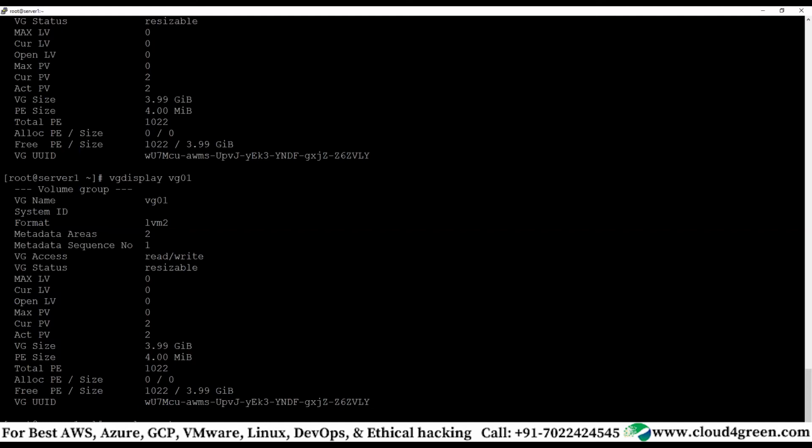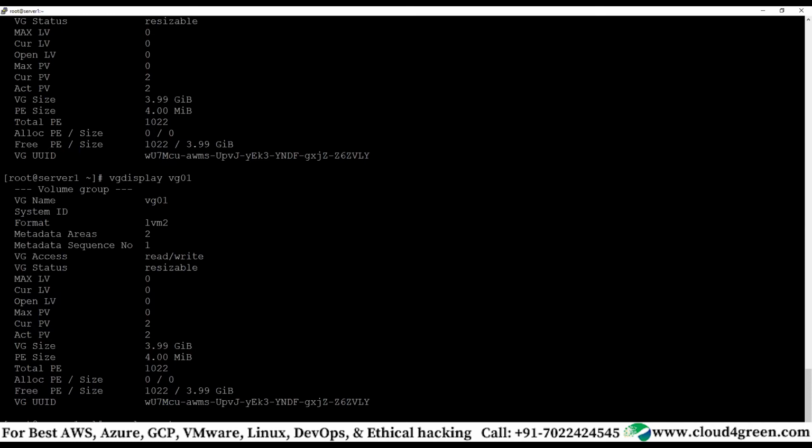Okay. So now do an LV create command. We know that in the volume group we have close to 4 GB of space. Now we're going to create a logical volume on top of this volume group.